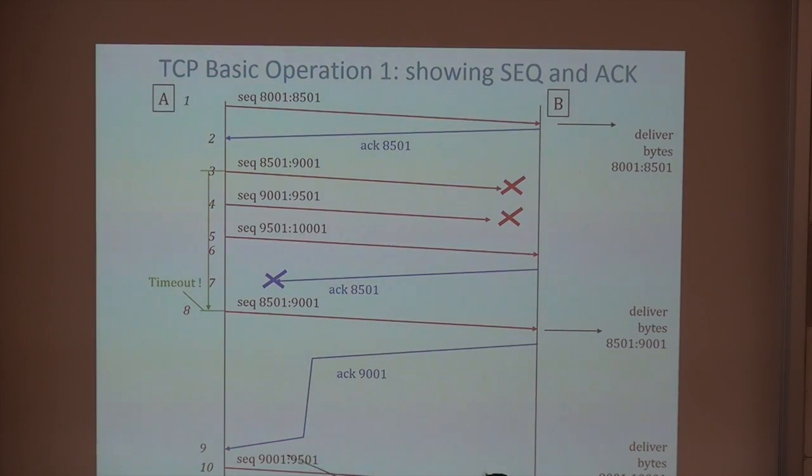And here we will ACK everything that has been received, 901. When this has arrived here, perhaps using this or another heuristic. So this was a repetition of the packet at time 3. This is a repetition of the packet at time 4. And now this is because this packet has been